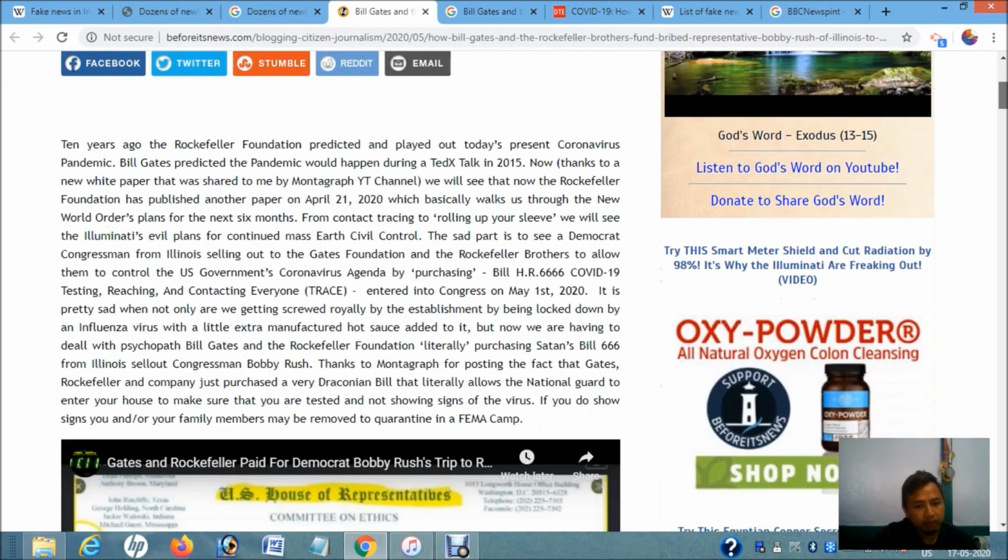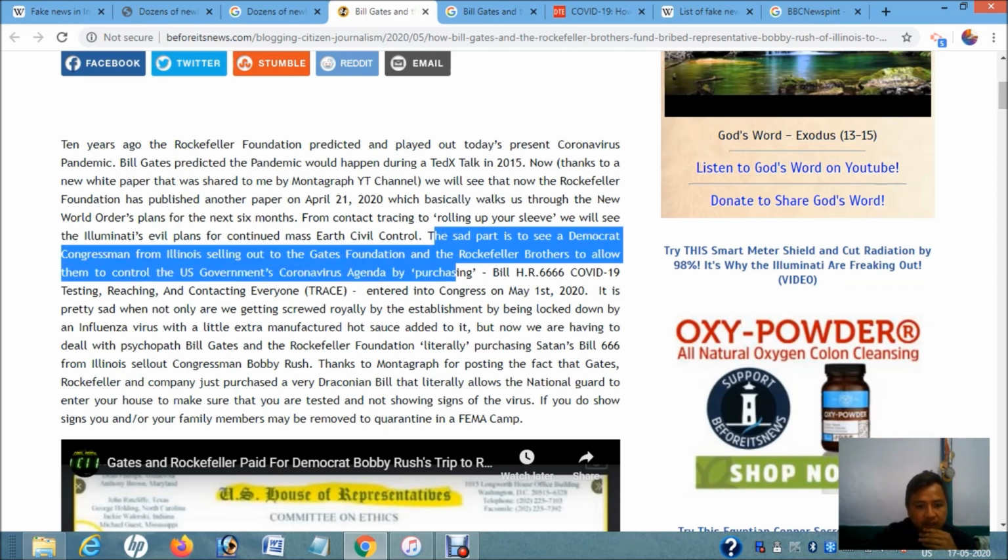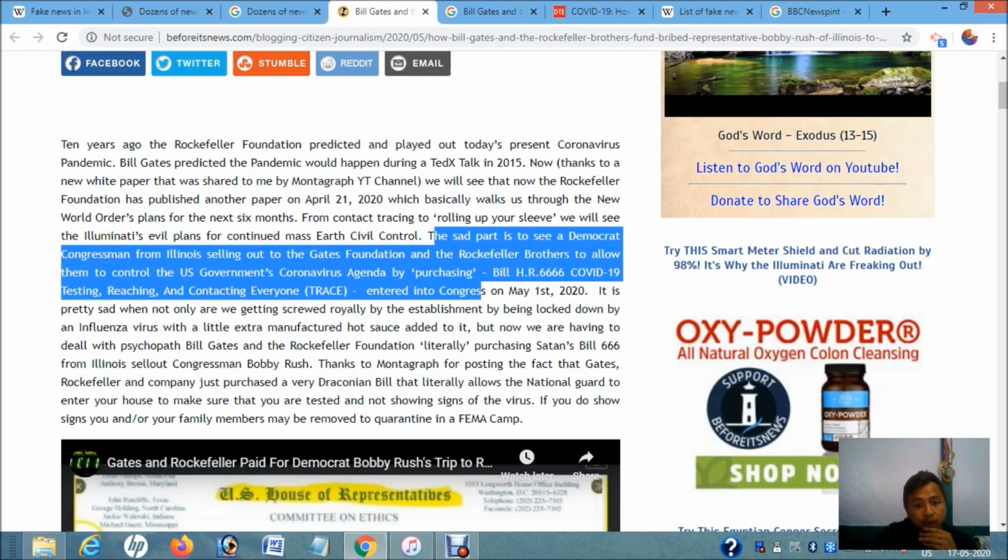Currency, it may not pass the currency test. Relevancy, it is not relevant. Maybe it does if you are looking, because to me this article looks like it contains personal bias and political bias. If you read this article, the sad part is to allow them to control the US corona. It looks like it's trying to promote propaganda here.